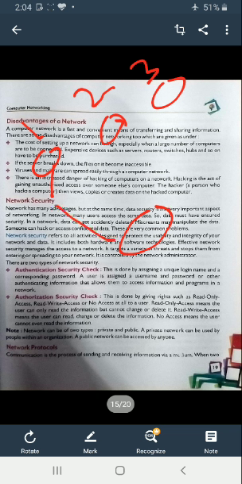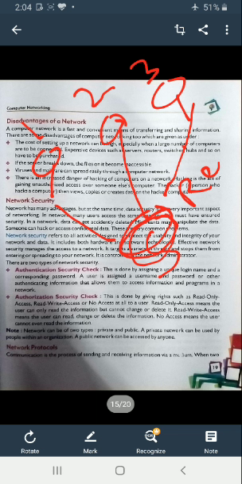So the data stored in this server, computer 1 can only read that data. If I give computer 2 read and write access, then computer 2 can read it, write it, or delete it on this server. And in computer 3 I give no access, so it cannot read or write the data, because it is the network administrator's duty to give the rights to the computers in a network.